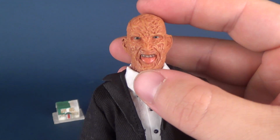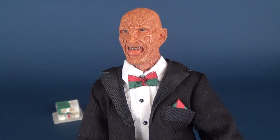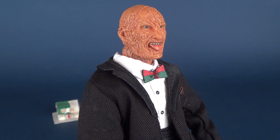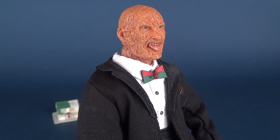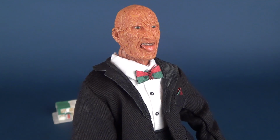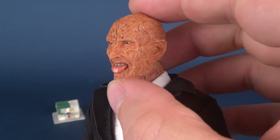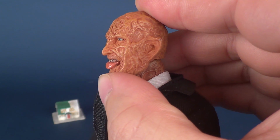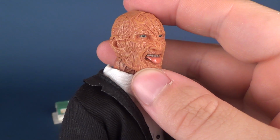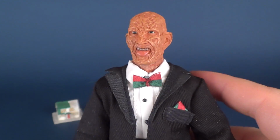The head sculpt is good. I will say, though, I don't know if I would have used this particular head sculpt. To be fair, Freddy Krueger in tuxedo form makes such a short appearance in Nightmare on Elm Street Part 3. And what time we do see of him, I don't recall seeing him with his tongue sticking out. Rather, I would have pictured him more so with a sneering, smiling face